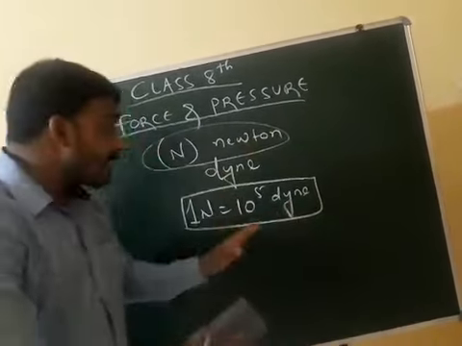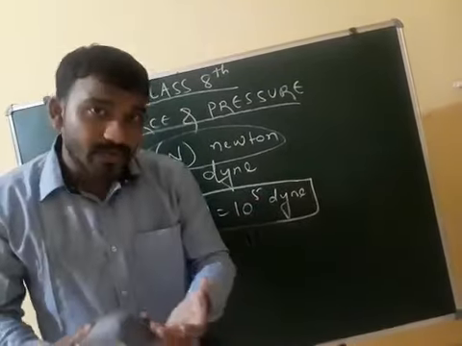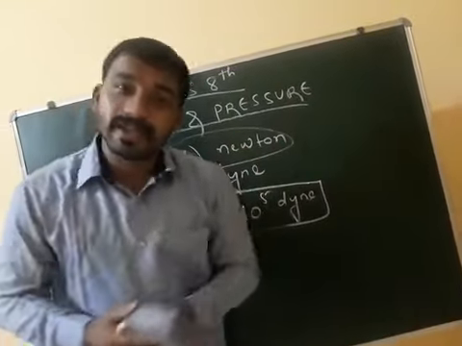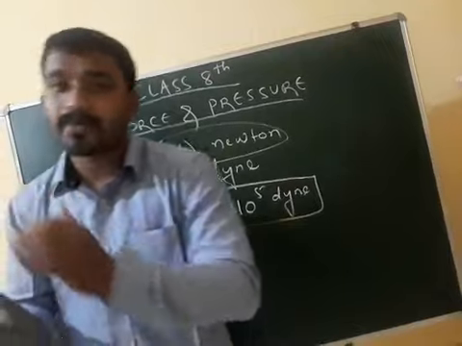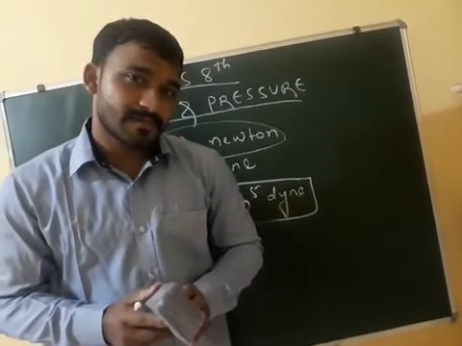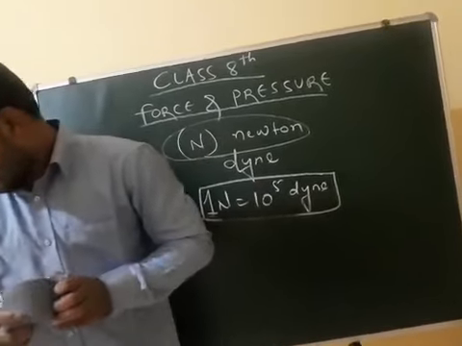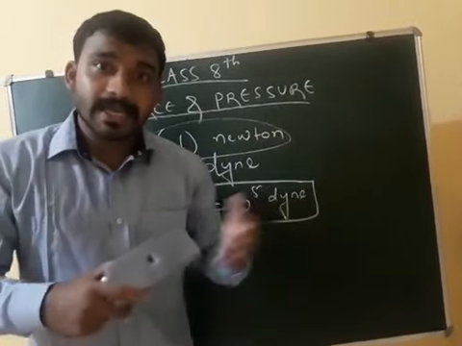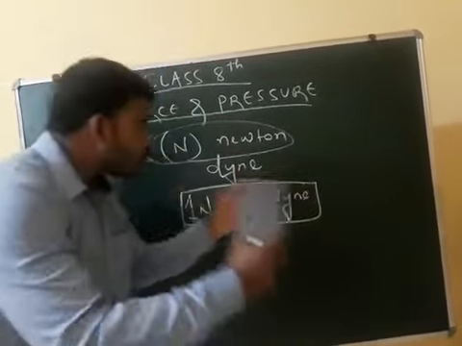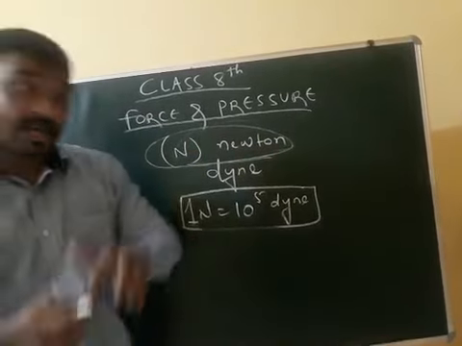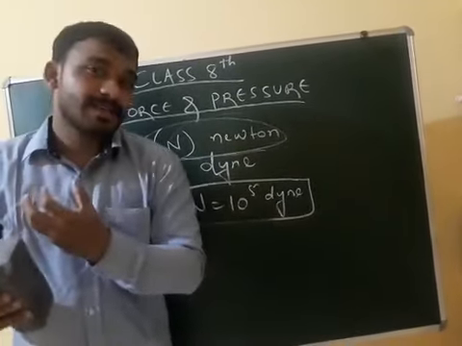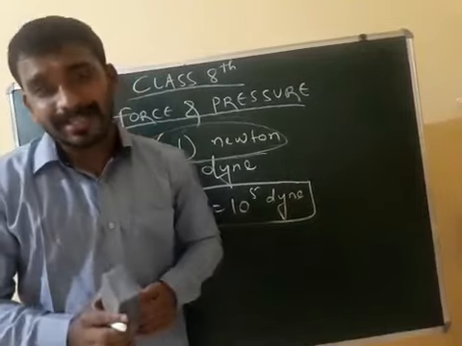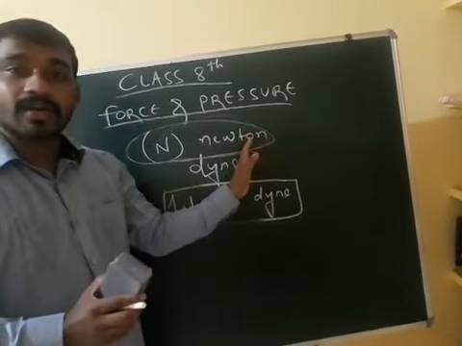Understood? In the same way, you will be able to define one dyne also. In case of kg, what will you use? Gram. In case of kg, you will use gram only. Understood? Next, in previous classes, in class 7, we already discussed mass and weight, and the unit of weight is also Newton. And what is weight? Weight is the force with which the earth attracts an object towards itself. The unit of weight is also Newton.